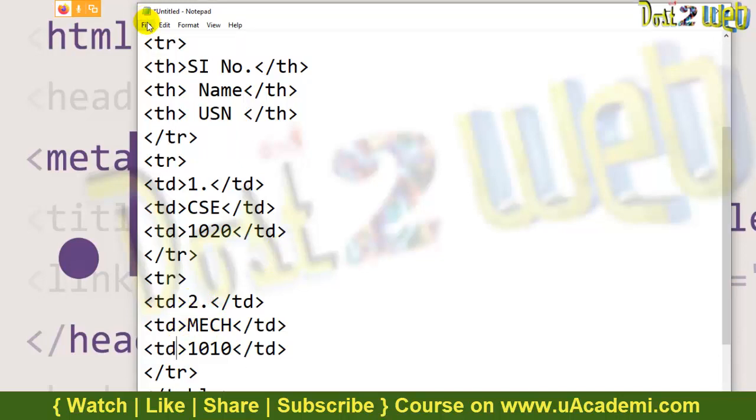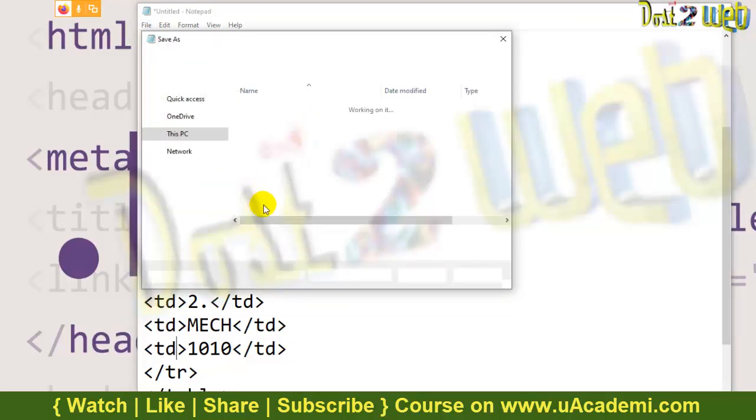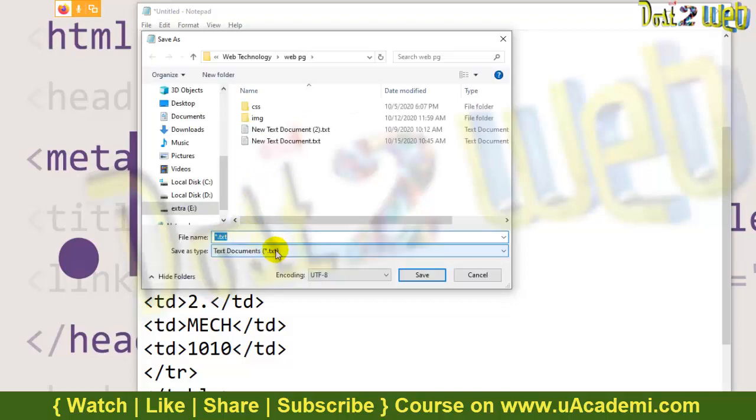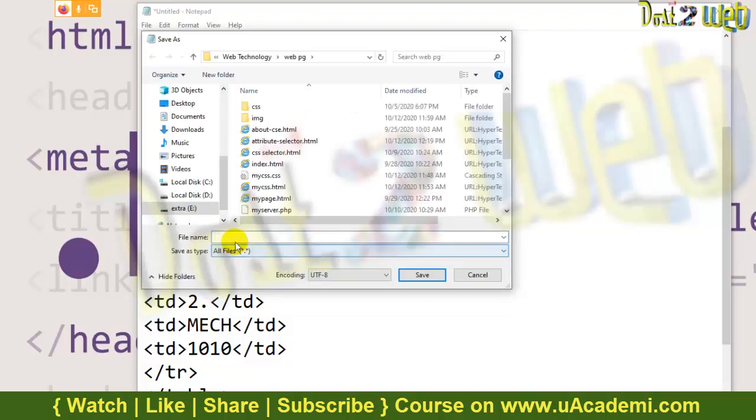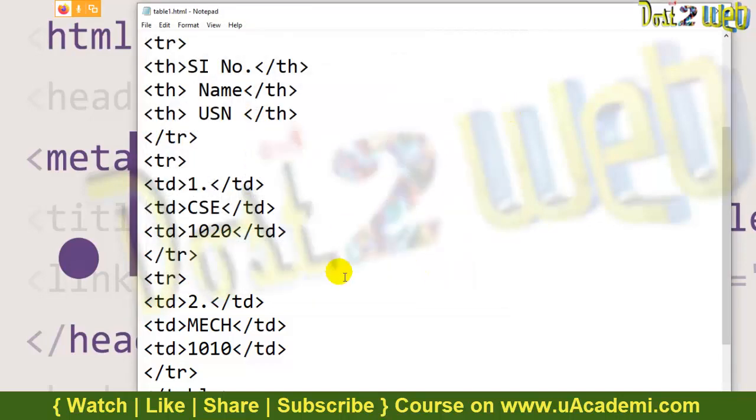Now go to the File menu, Save As, and always change the file type to all files and write table1.html. .html is mandatory. Save it. Now our program is saved.